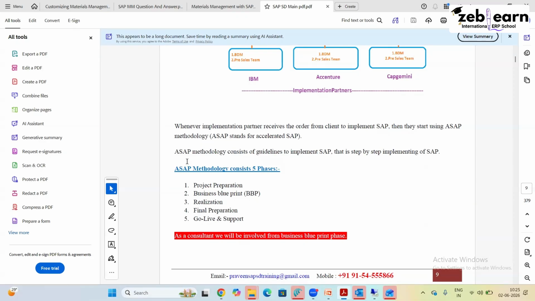Correct. ASAP methodology consists of 5 phases: project preparation, business blueprint, realization, final preparation, go live. So tell me, if anybody wants to cook something, a biryani or a paneer tikka masala, what do you need first? Whatever dish you want to cook, what do you need first? So, raw material. Okay, before that,